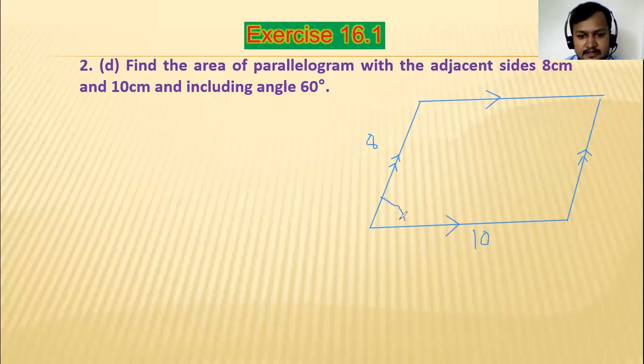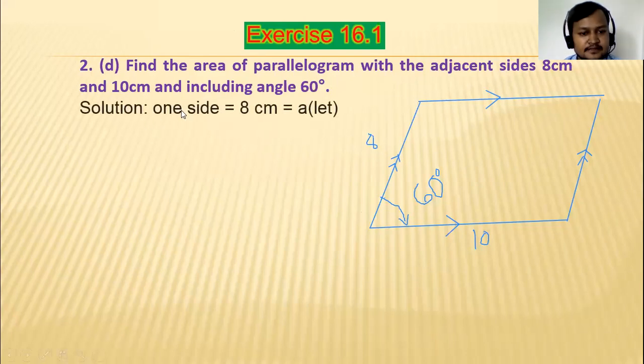There is no difficulty in this question. I just included this question because we solved questions related to the area of triangles only up to now. So now we have to find out the area of parallelogram by using its formula. Area of parallelogram is equal to product of two sides into sine of angle between them. For a triangle, it is half of product of two sides into sine of angle between them, and for parallelogram, product of two sides into sine of angle between them.